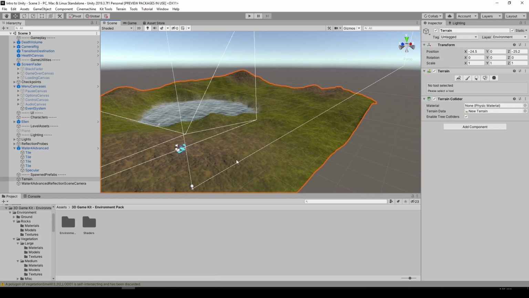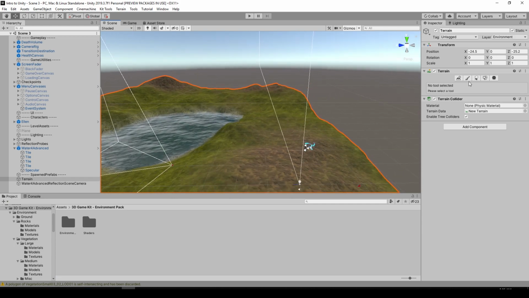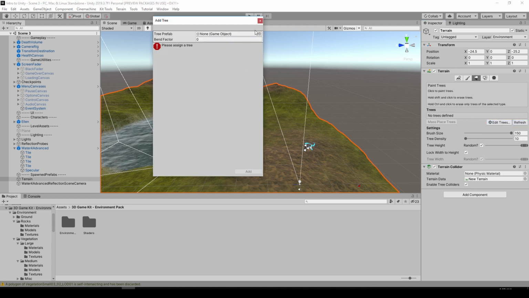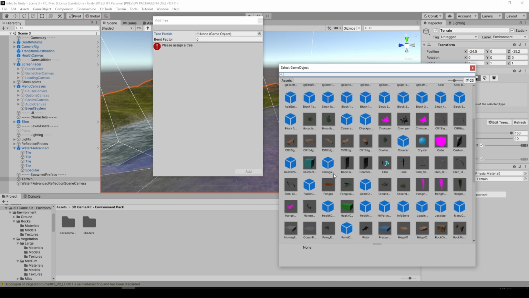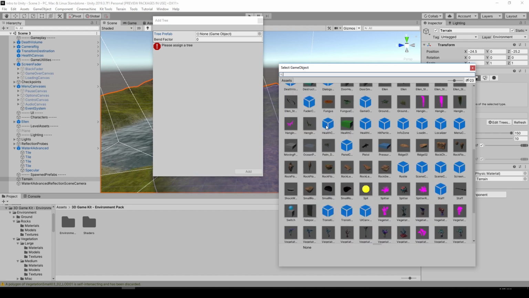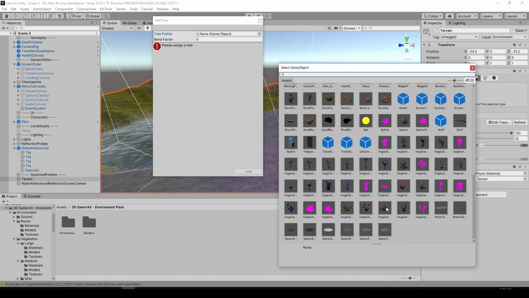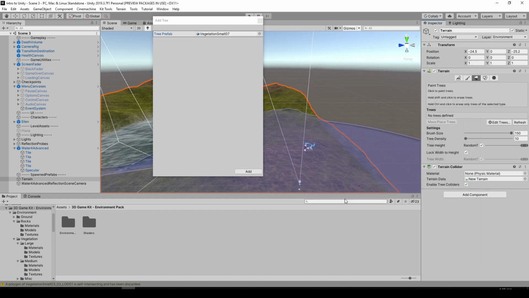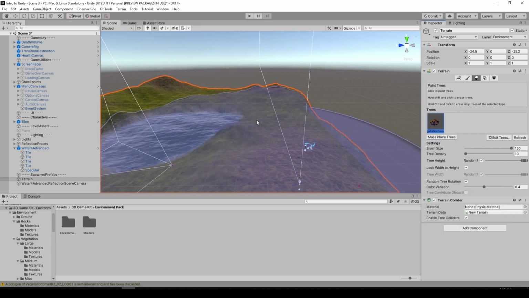One of the ways that we can do it is to use the paint trees on our terrain over here. If I go onto our terrain and click edit trees, add tree, I can assign an object to be the tree. By default there's two of these trees that Unity gave us already, but you can of course use other props. For example, if I were to use this mushroom vegetation small model over here and click on add,